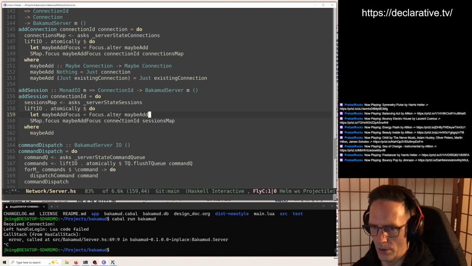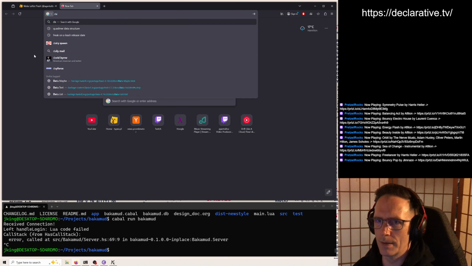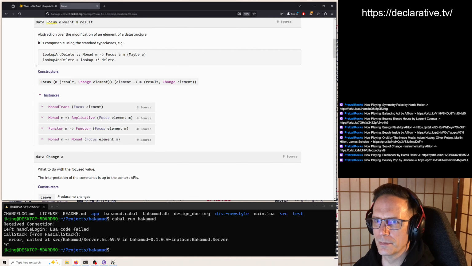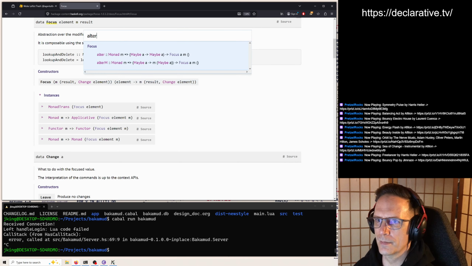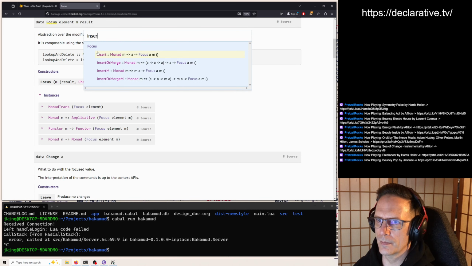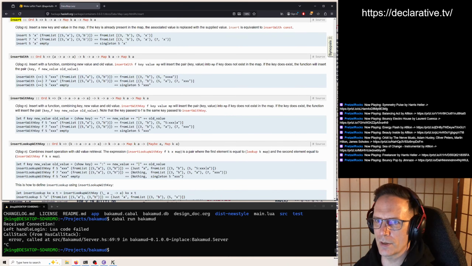Okay, so focuses, what kind of other focuses do I get? Insert focus, insert new key value map.